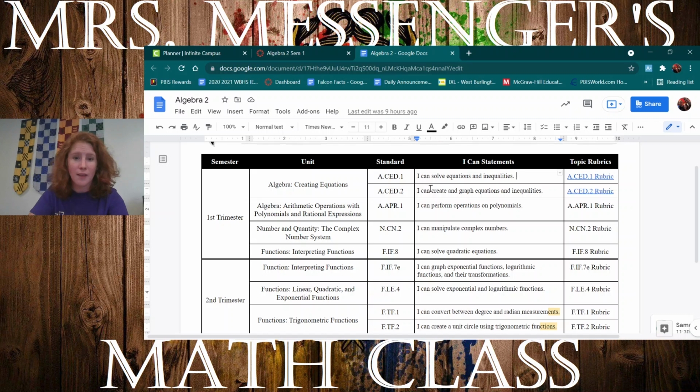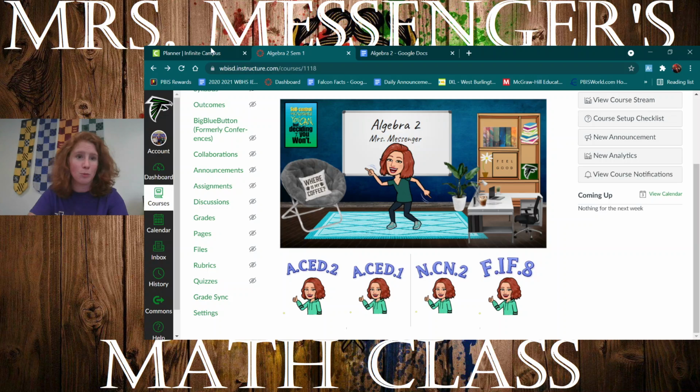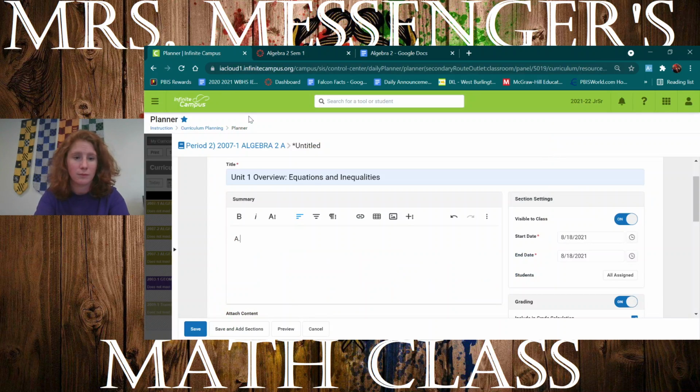And that is tied to A.CED.1 for me. Again, copy, paste, oops, wrong button. I can solve equations and inequalities. So what is that going to look like? Students will, and then this is going to be kind of like a sub-bullet. Like, what are your students going to do to prove that they've done this? So for me, they're going to solve